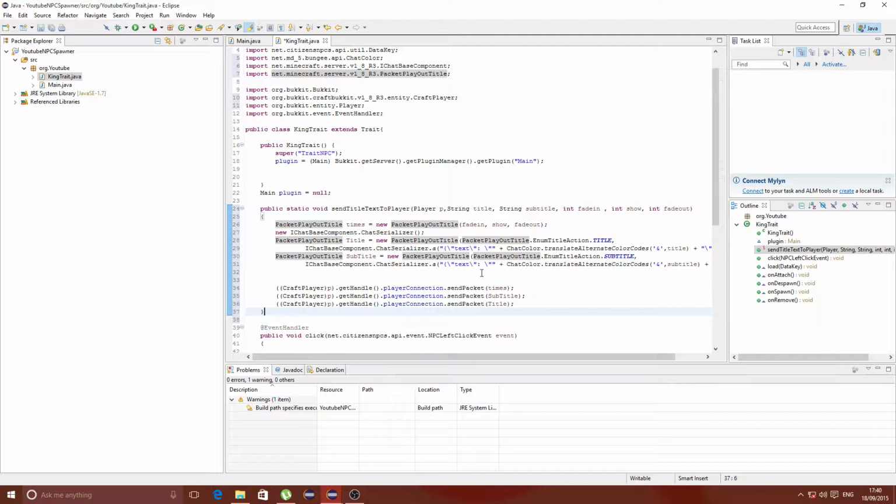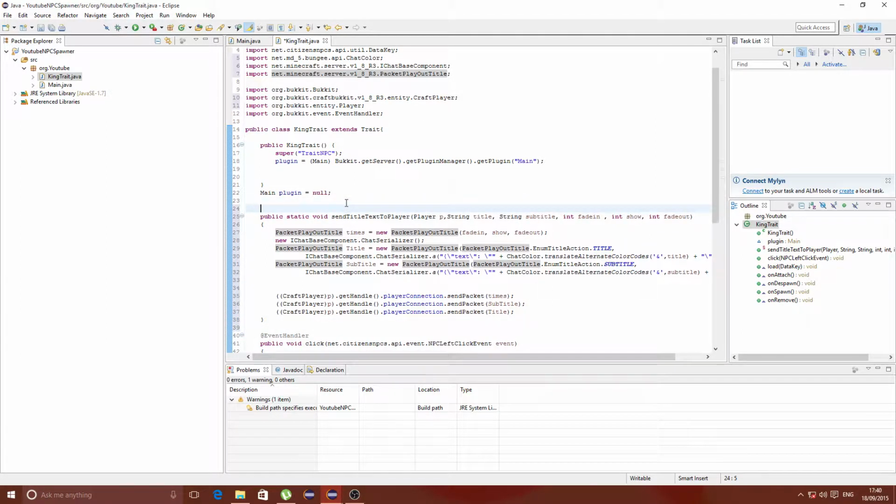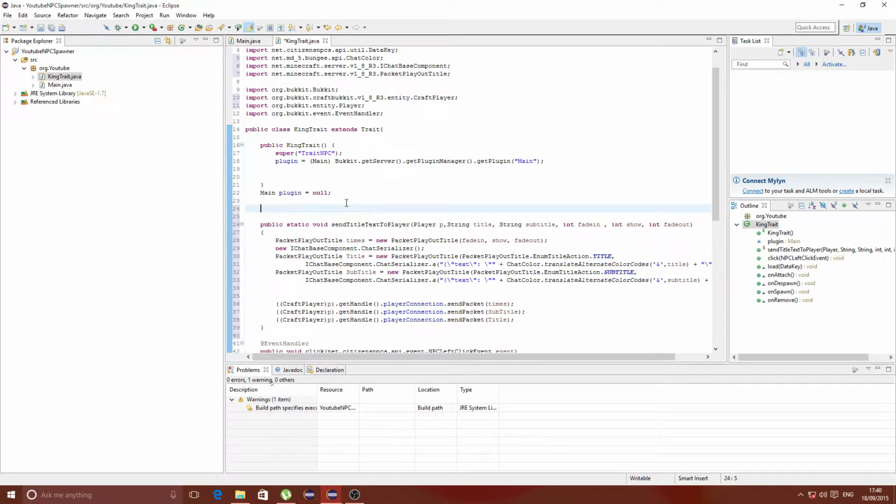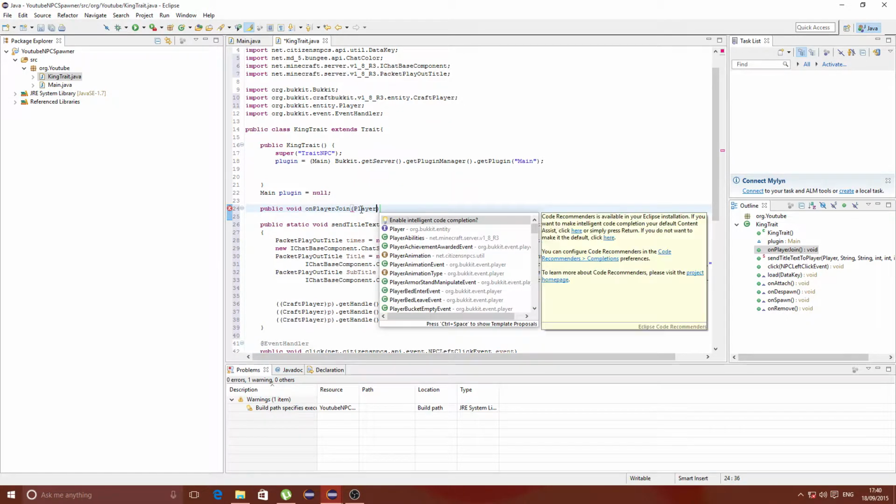So the next bit we're going to do now is the main start of the plugin. So the first thing we want to do is first get when a player joins the server. So we're going to make a new function, public void on player join. You can actually add it lowercase, why not? And the type of variable we're going to get, these are all events. So we're going to type a player type of variable, and we're going to get a player join event, and